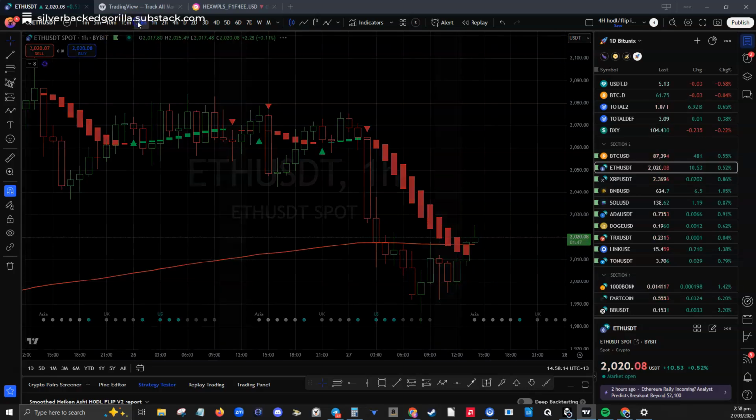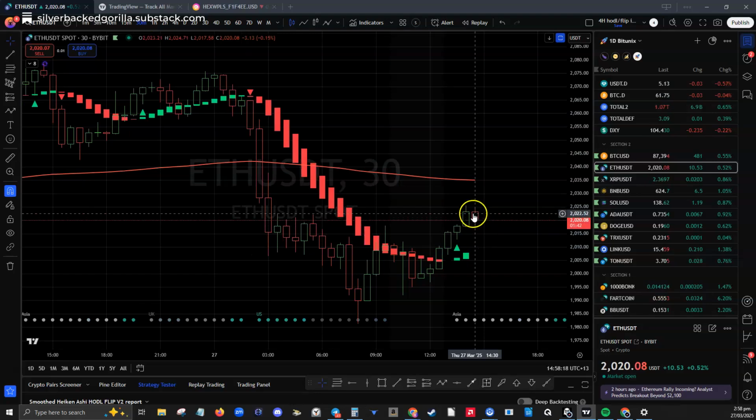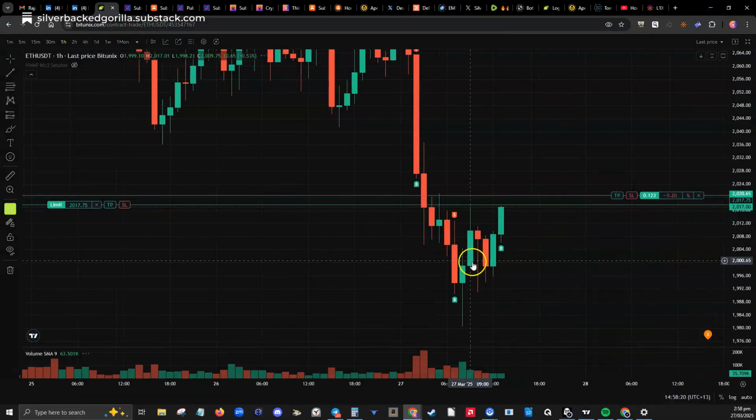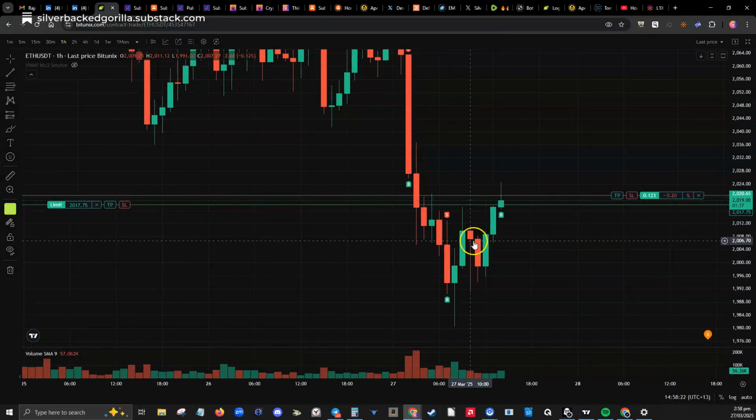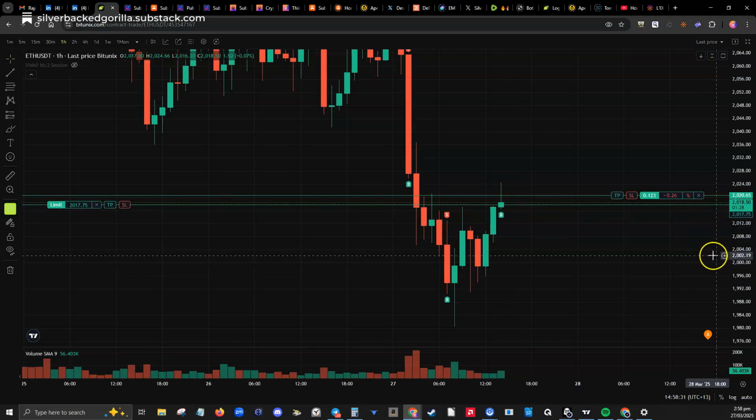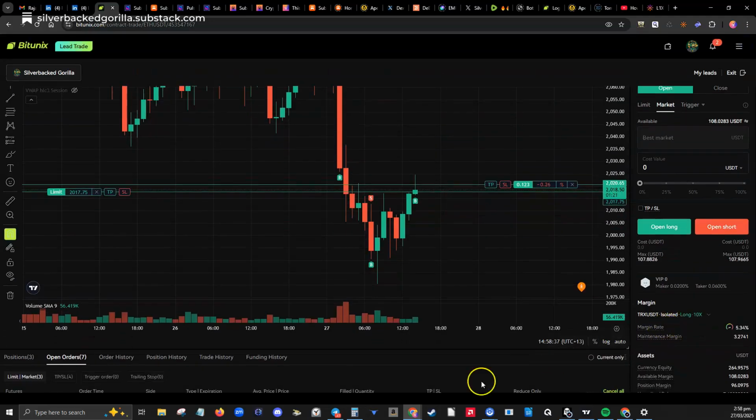In fact, we've got a 30-minute. We kind of did with that. It's more pronounced with this. See that one there, where it did come back. But anyway, it's pulling back a little bit. Okay, we're going to probably get filled on the way down, maybe, with another position. What are we? We're Ethereum, aren't we?